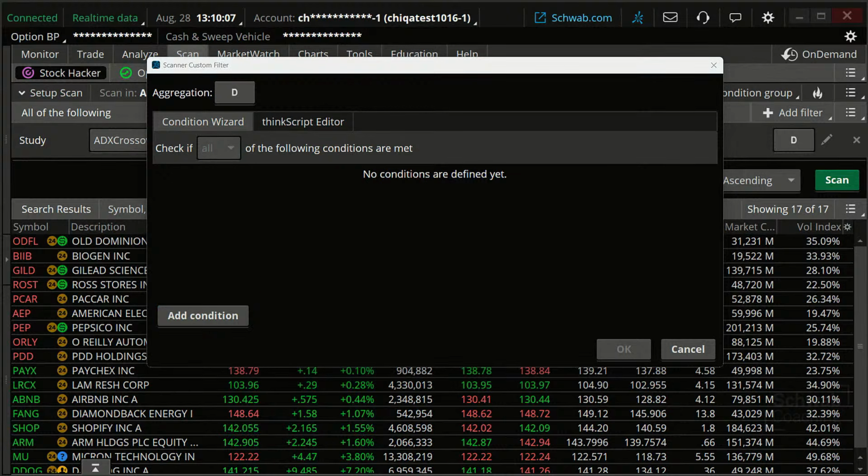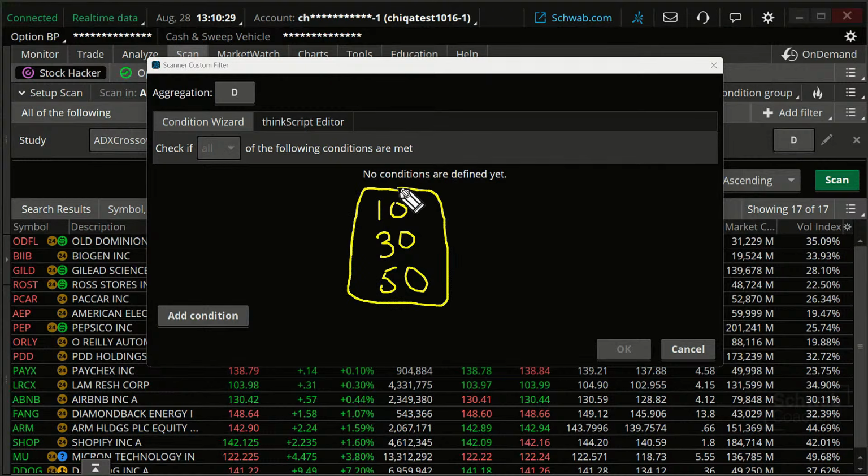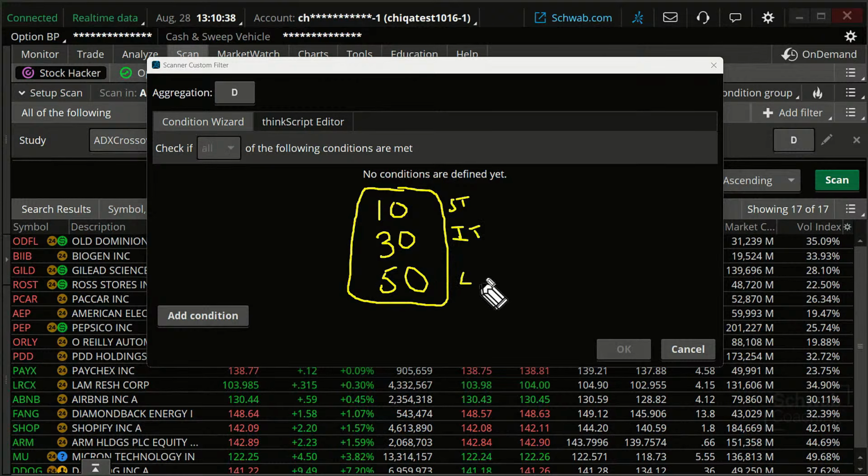I'm going to look for stocks that are breaking above their 10-day moving average, their 30-day moving average, and their 50-day moving average. And we may throw in a couple other conditions on there, but that's going to be the basis of what I want to show you today. In other words, we're going to call this short term, we're going to call this more intermediate term, and I don't know, normally I may call this a little bit more intermediate term too, but we're going to call this longer term at least, okay, moving averages.